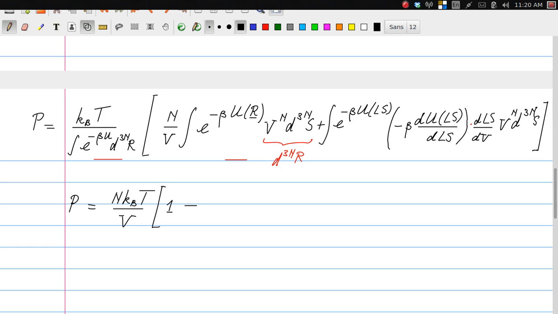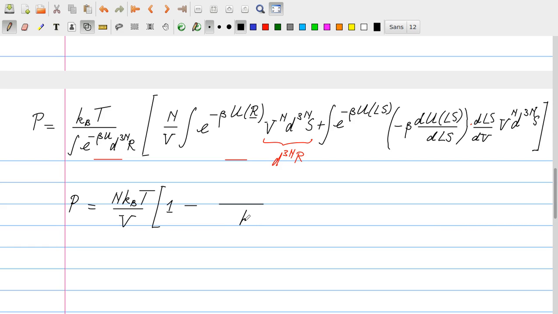Okay, then we tackle the second term. First of all, there is a factor of 1 over kT, so that should be incorporated here together with the minus sign. So in addition, we have added to the kT, which was already there, an N over V, so that will now be a V over N in order to compensate for that. And then we need to introduce the e to the power minus beta U of S, which was obviously there, and